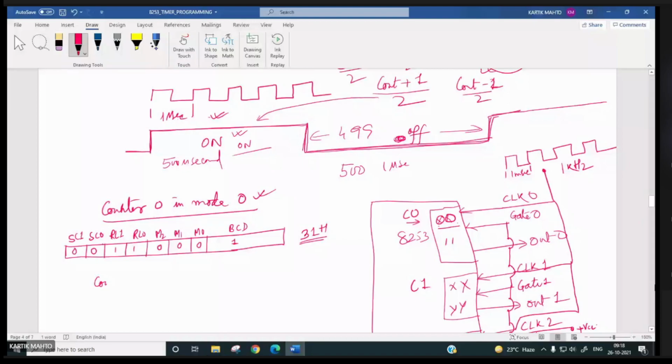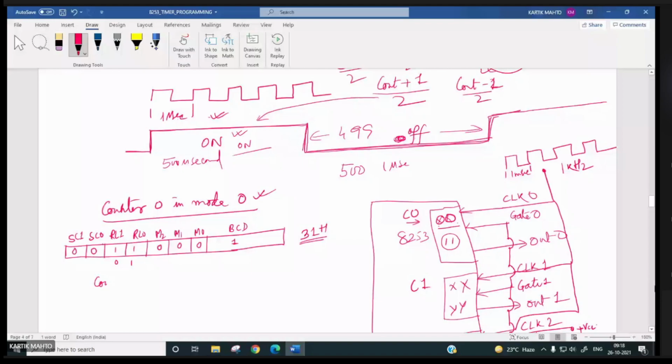Yes, if you put 0, 1, then you have to load the LSB only, and you don't need to load the MSB, so the count will be only 11. But I am just putting 16-bit, so 0, 0 also we are taking, even though we have to count only up to 11, and that is why our control word is this.